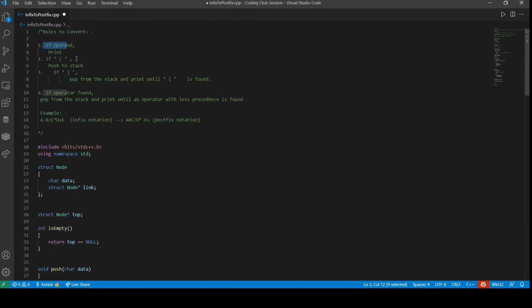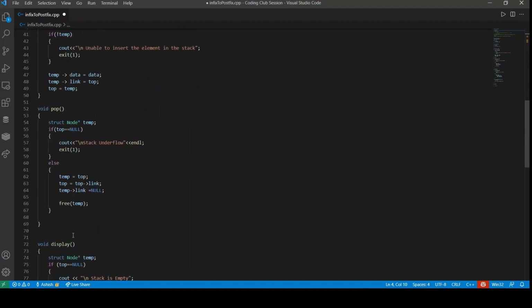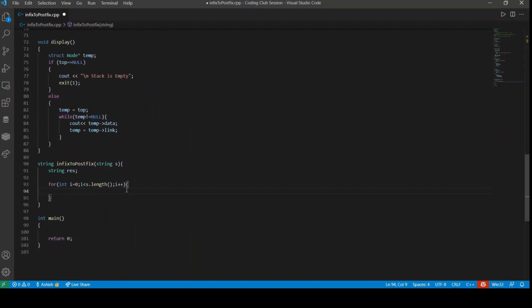The first rule is if it is an operand, we'll simply just print it. So let us do that. If we have only an operand, how do we check that?